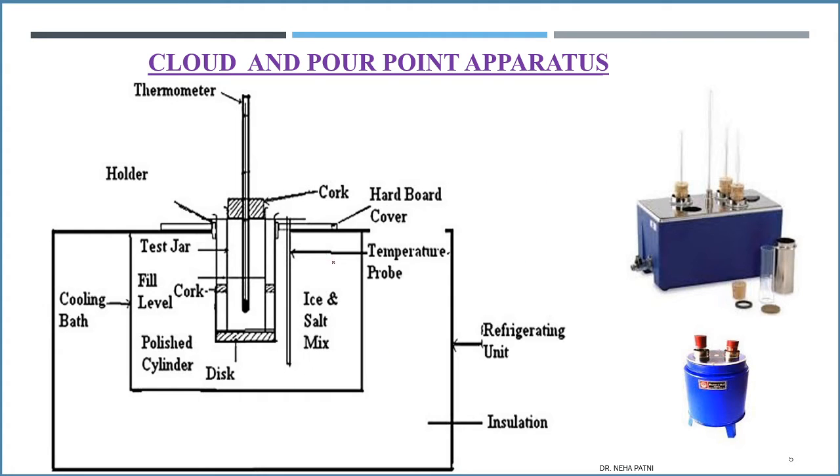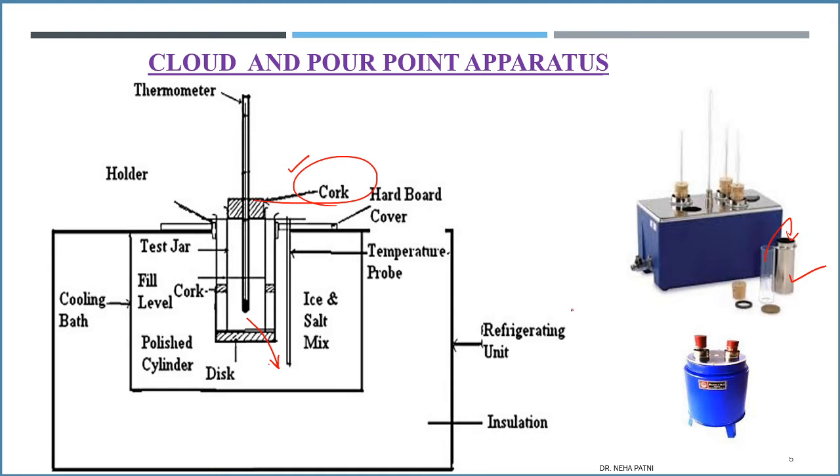So this apparatus looks like this, and outside you can see the pictures here, and technically this is the diagram sketch of it. Now if you can see here, this one is your flat bottom glass tube. I'm talking about this one, the flat bottom glass tube here on the right hand side. This is the glass tube in which you have to fill your lubricating oil. Fine. So the testing sample would be filled in this test jar, which you have to keep inside.